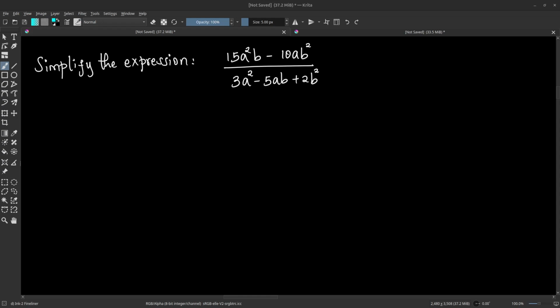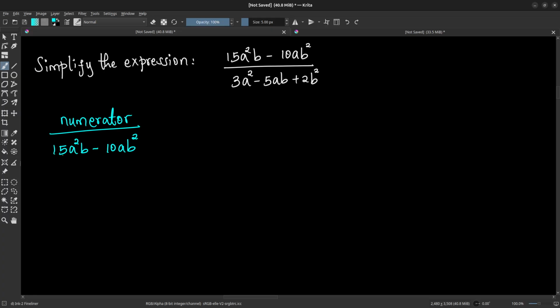Hello, in this question, we are asked to simplify the expression 15a squared b minus 10ab squared, all over 3a squared minus 5ab plus 2b squared. So let's start with the numerator. The numerator we are given as 15a squared b minus